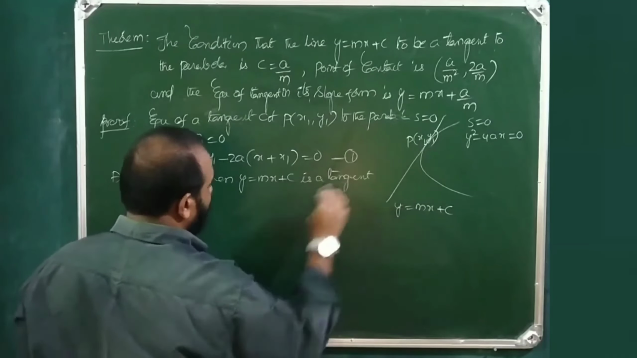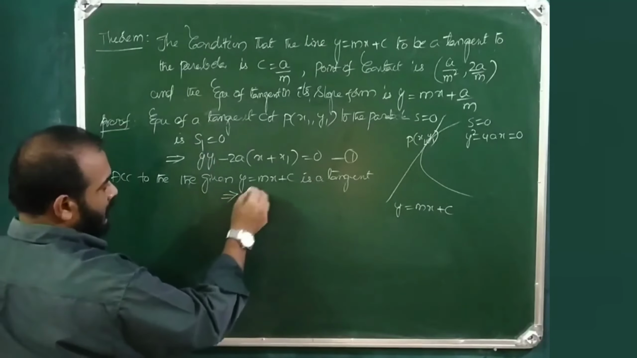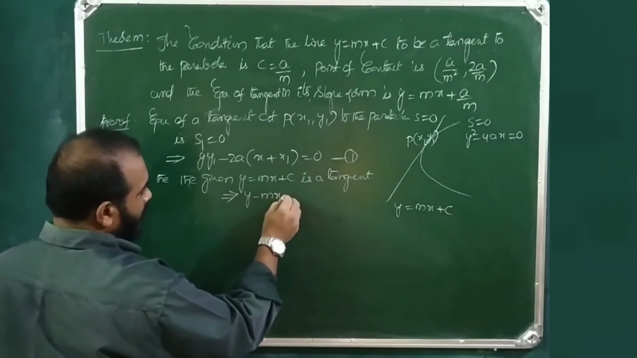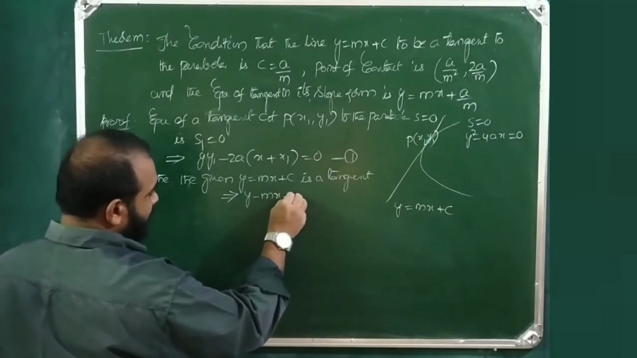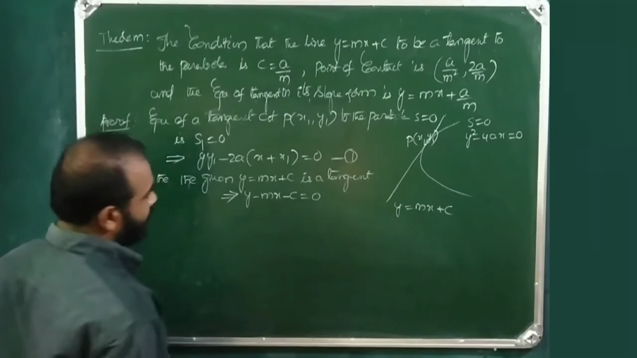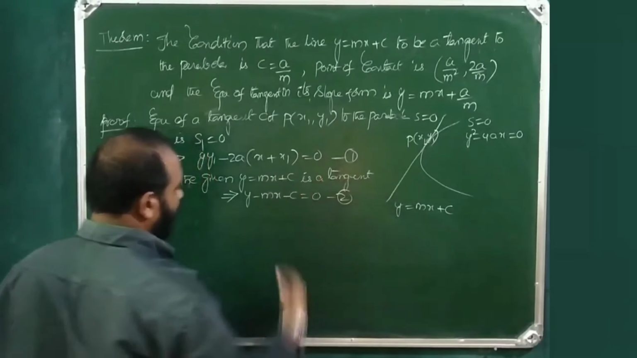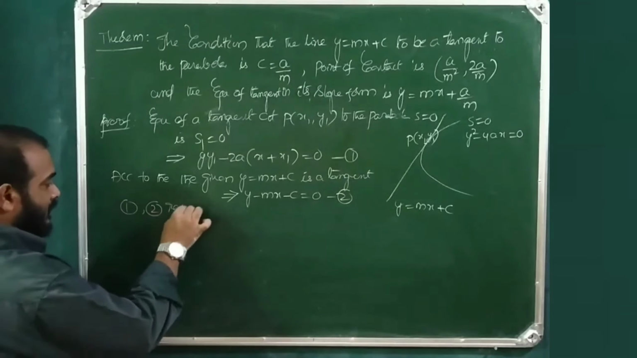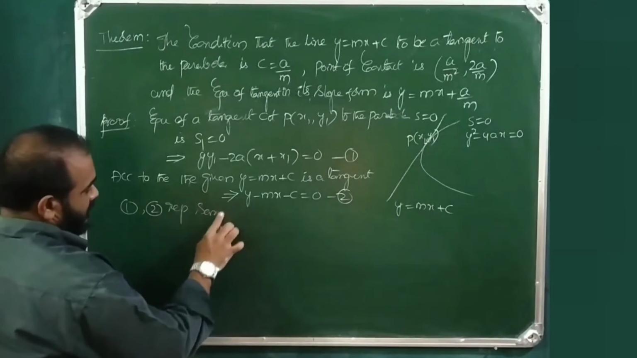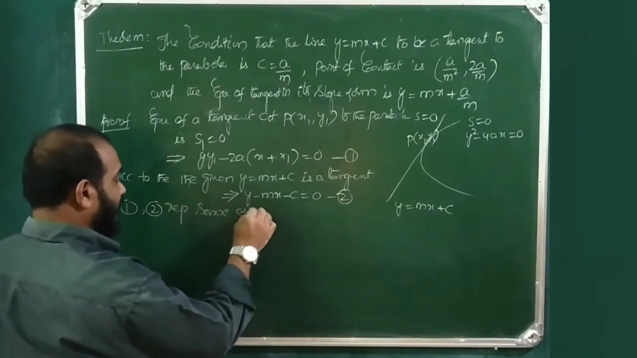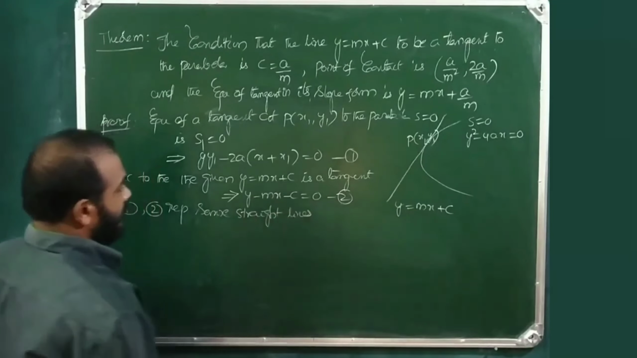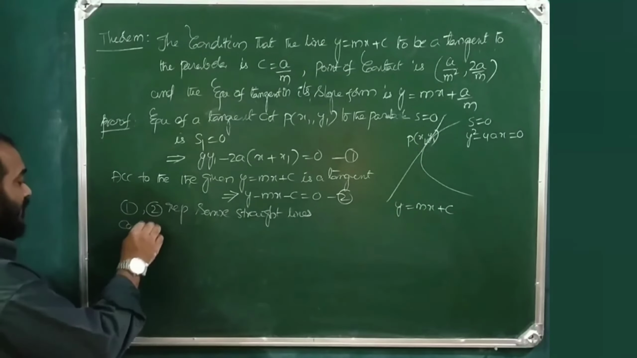So that means y minus mx minus c equals 0. This is the second equation. So 1 and 2 represent the same straight line. So now, comparing coefficients,